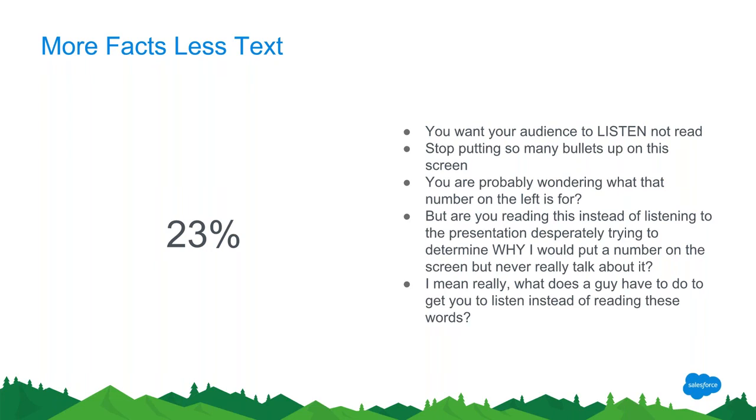Especially if you're doing a technical demo, we do a lot of technical demos around CPQ. CPQ as a screen can be very complicated, but what I'm typically trying to show is a snippet. I may be showing a configuration attribute or a couple of custom fields that control pricing. I would only show those fields on the screen, and then give the user a little bit of context about where they are on the screen.